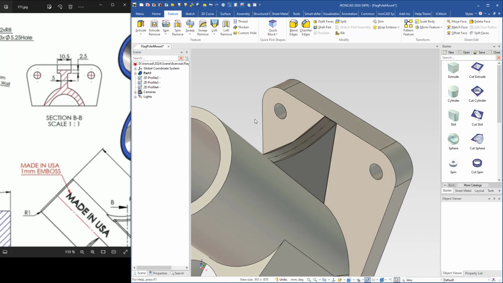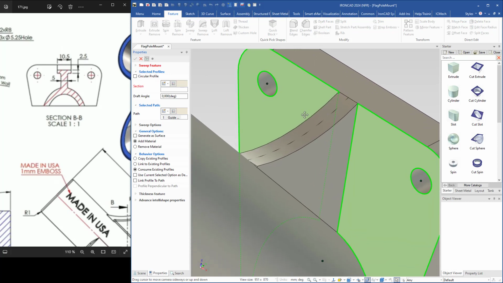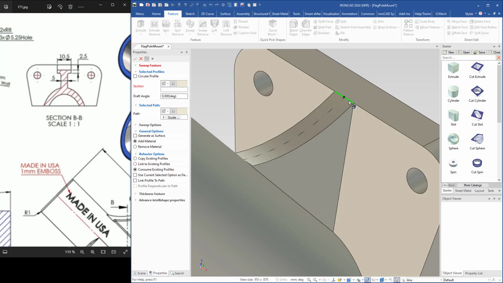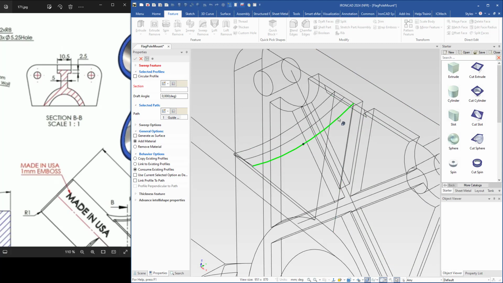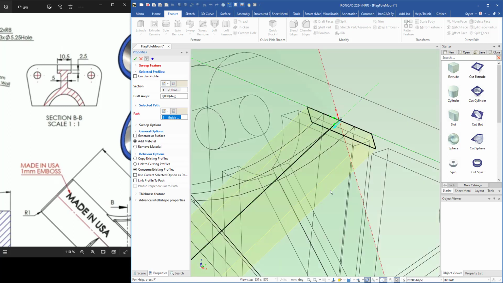And now I will continue to create the upper part. To do that I will use the sweep command or sweep feature. And then here we have to select the section, and to see that selection we have to come here, select this one, wireframe. Here we have the section here, select that one. Now I can go back to shaded view,